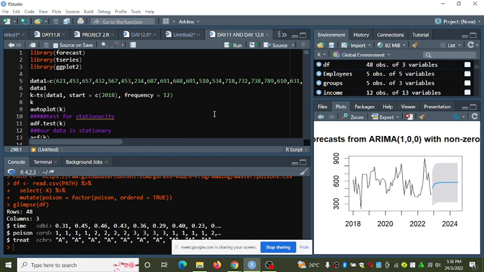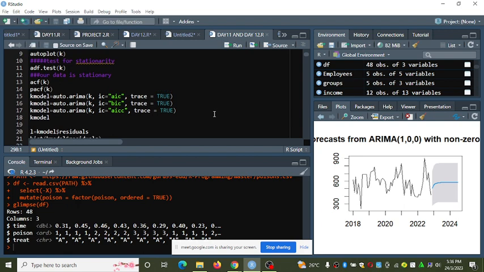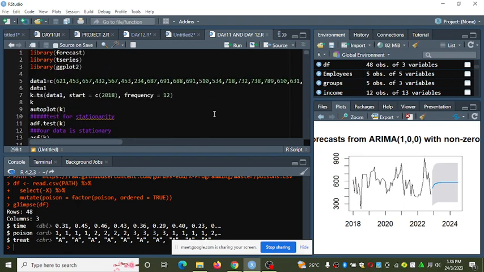On what we were supposed to cover yesterday, I have updated some commands and inserted them onto this R script file.